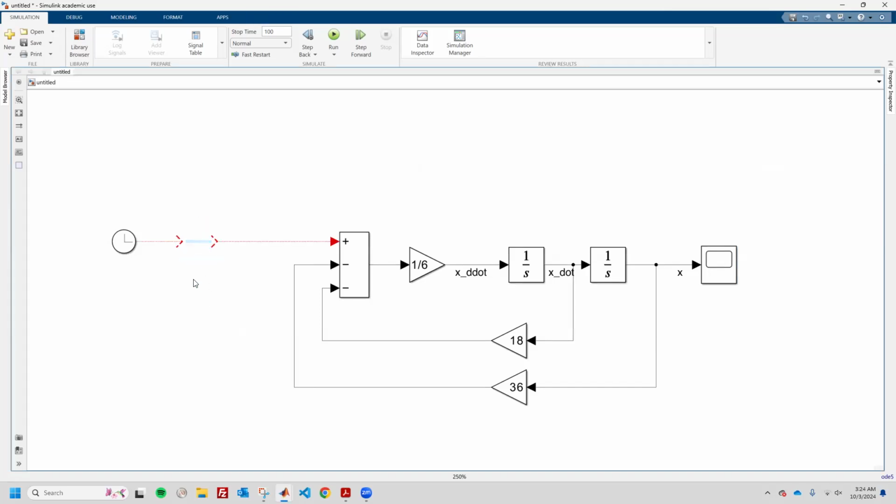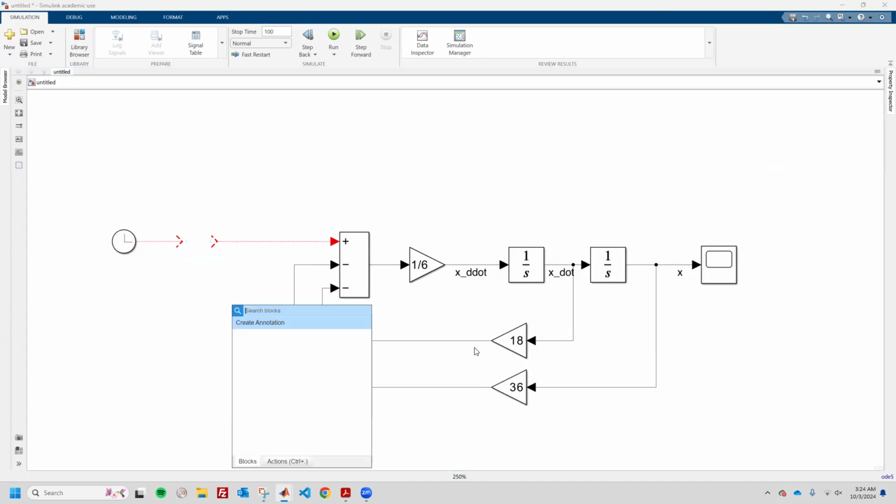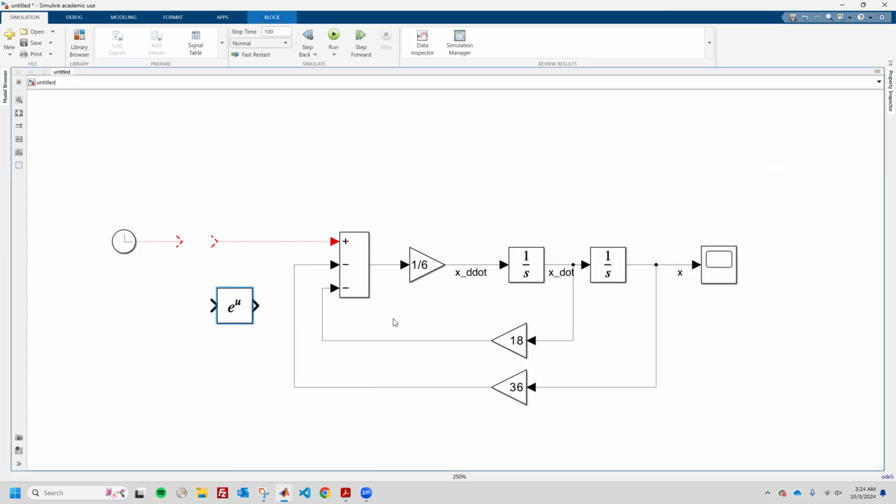Okay, so we've been having fun with this. There's one more function that we need to look at, which is exponential. So I see exp. Let's look at that. So e to the power u. Now in class, I said that a lot of times u denotes the input. So if I were to guess, I would say that if I put this in here,